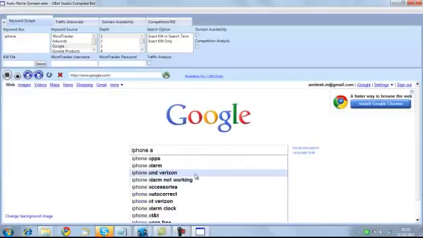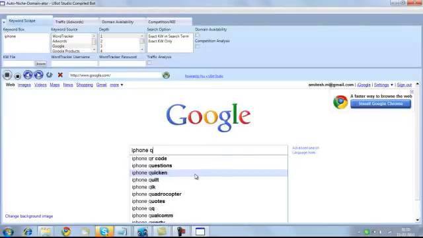As you can see, it just opened Google, and it is typing iPhone followed by the English letters. So it is looping through all the suggestions that are available on Google for the word iPhone. It would take about two to three minutes to loop through all the iPhone related keywords from A to Z, so I'll just pause for a while till it finishes. Maybe I'll explain the rest of the modules till it does its job.